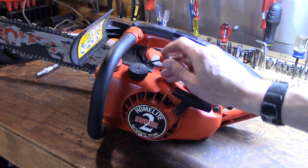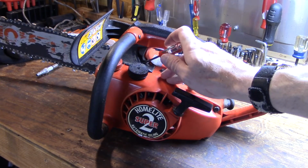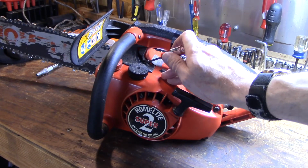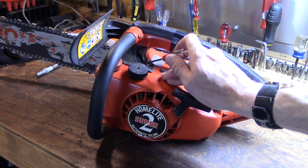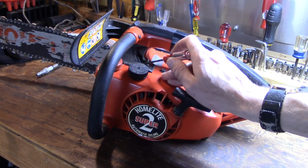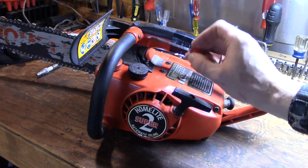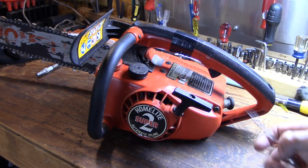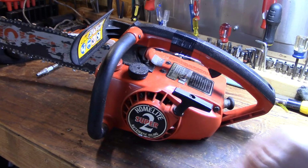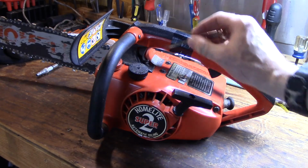And on your high side, that controls your mixture at wide open throttle, and some people like to set it with digital tachometers. I like to go by ear. There's a certain sound you'll hear. It's called four-stroking. Basically, if you rev this thing up and it's just whee, and it doesn't have any torque in the cut, you're too lean and you don't want to cut like that because you will burn your engine up. What you want to hear is sort of